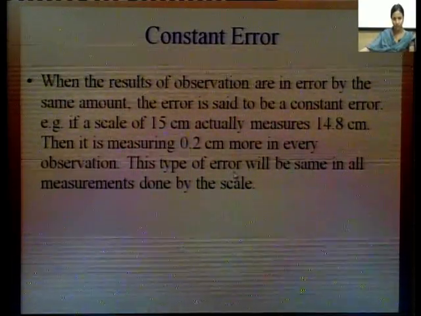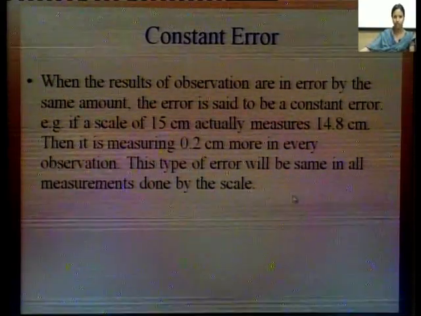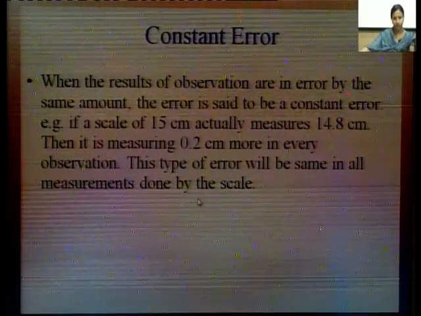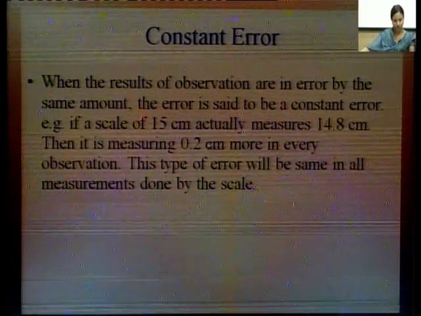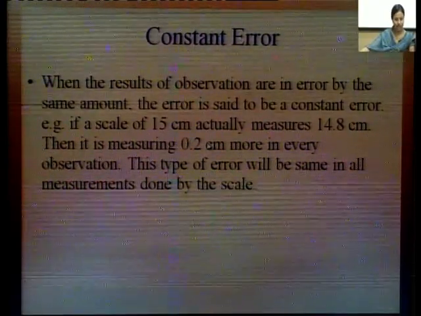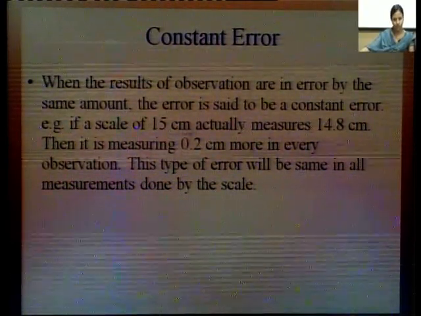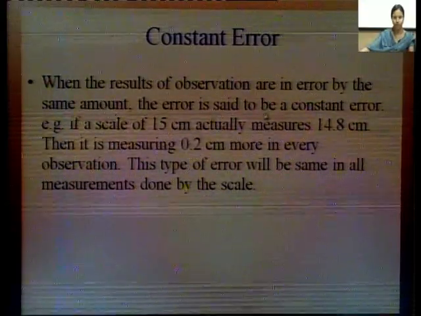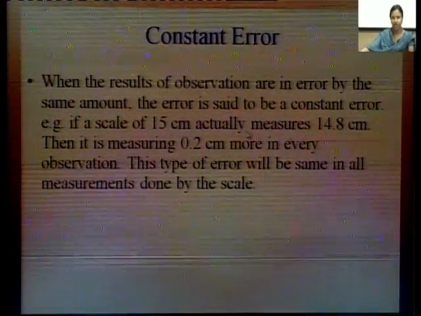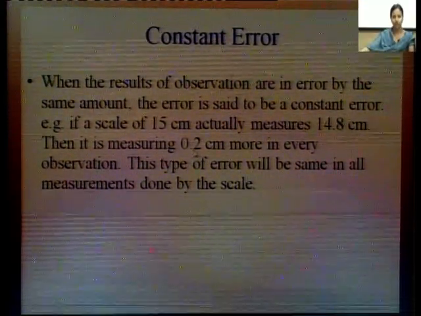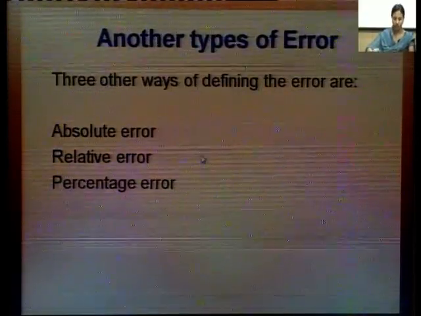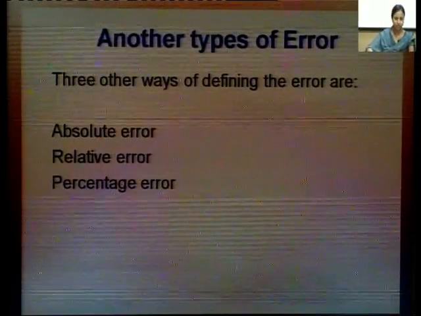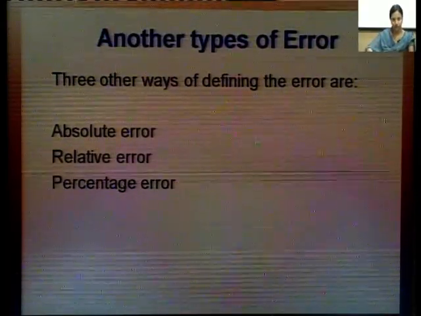This type of error will be the same in all measurements done by the scale. So, constant error is always constant, it is in every reading. So, if the actual thing is 15 centimeter, but we are measuring 14.8, there is some error. This error is called constant error. Next, the rest three types are called absolute error, relative error